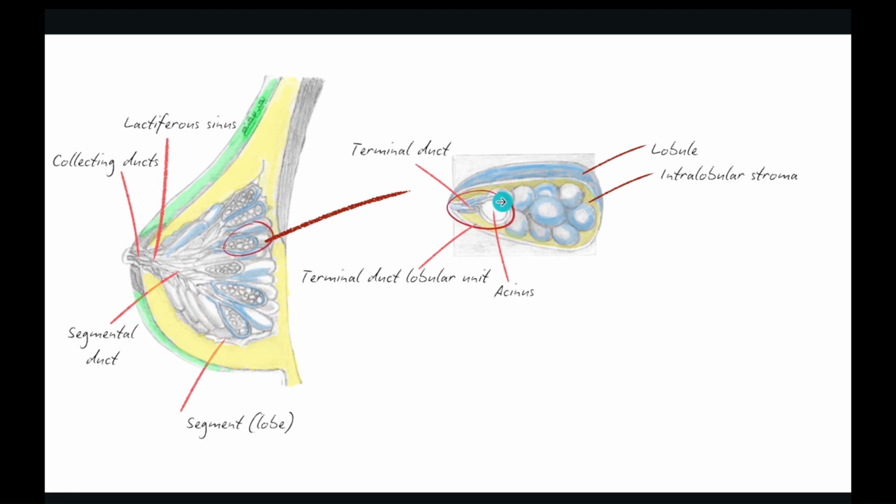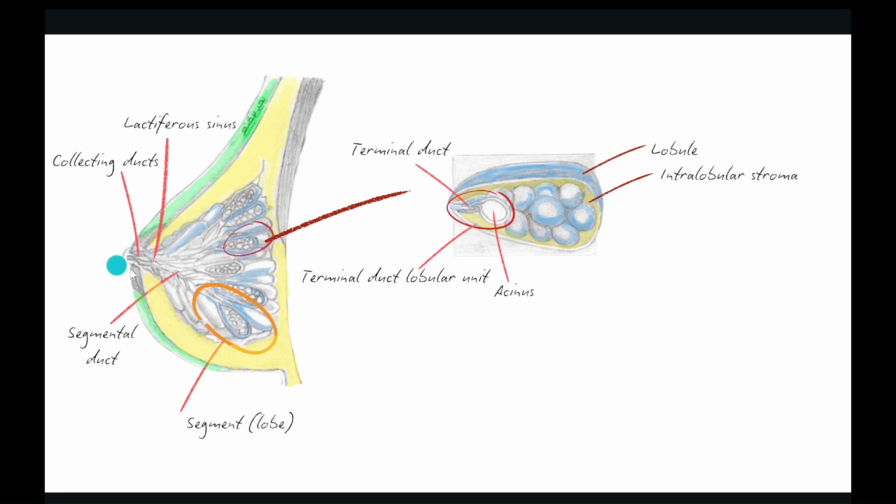So if we take a look here, we have this acinus and the terminal duct. So the terminal duct lobular unit consists of the terminal duct and multiple acini surrounding it. The terminal duct drains into a larger duct until it reaches the segmental duct. The segmental duct is around 2 millimeters in diameter and empties into the lactiferous sinus. The lactiferous sinus is around 8 millimeters in diameter and empties into the collecting duct to come out through the